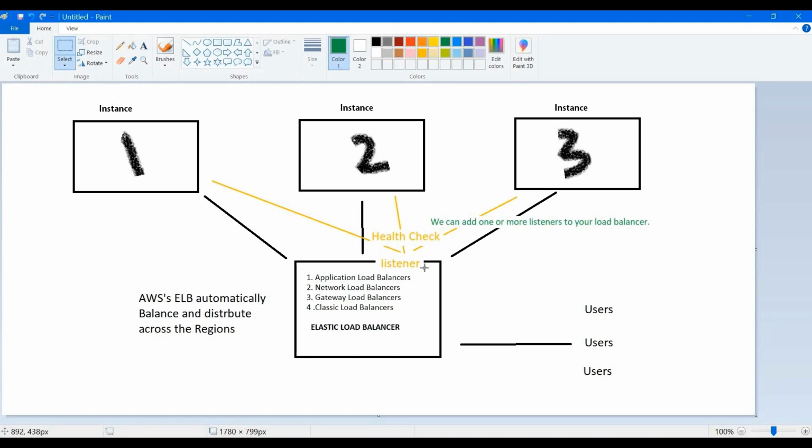This is how it increases the availability and the fault tolerance of your application. This is what the Elastic Load Balancer is.